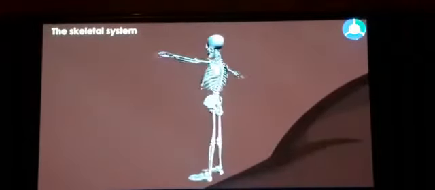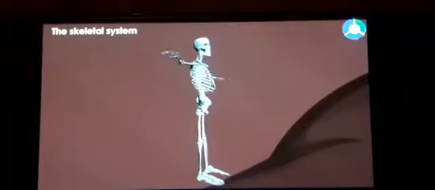So in this chapter we will read about our skeletal system, how it works and what it is made up of. We find most of the human body to be hard and bony, as it is mainly formed of bones. These bones form a framework in our body called the skeleton. These together make up the skeletal system. The skeletal system protects our body.